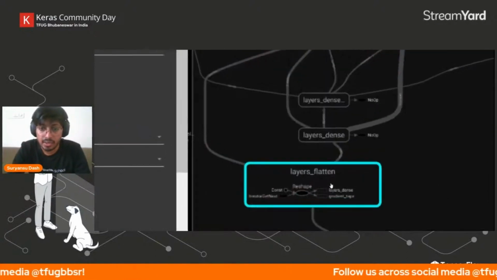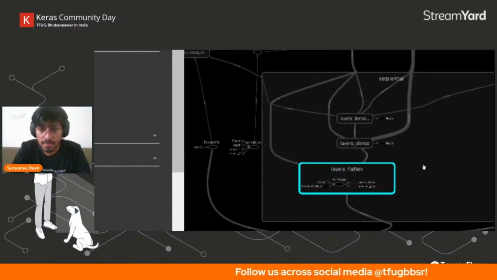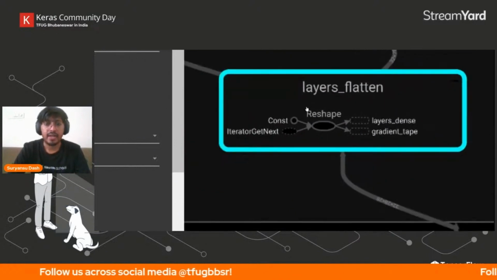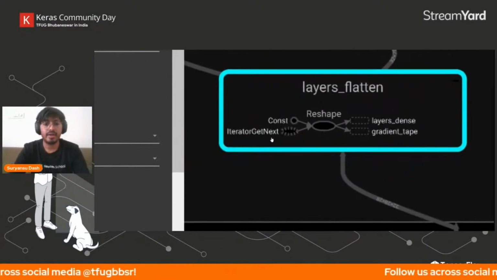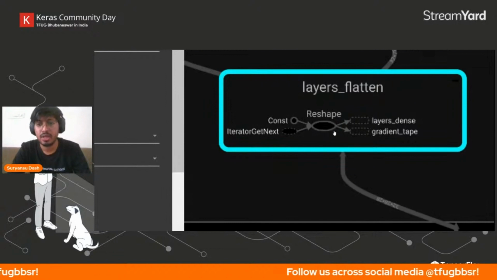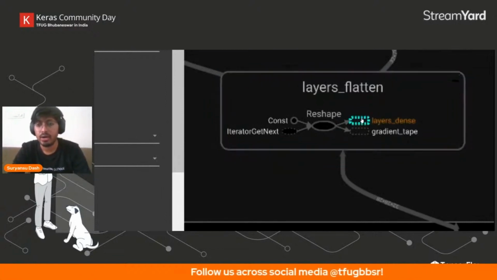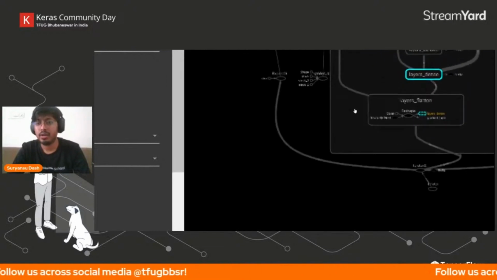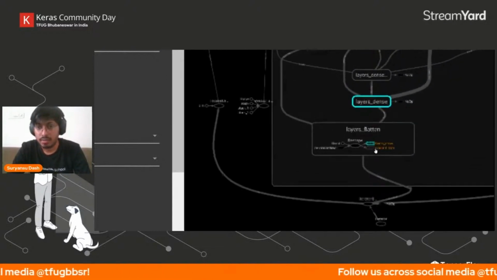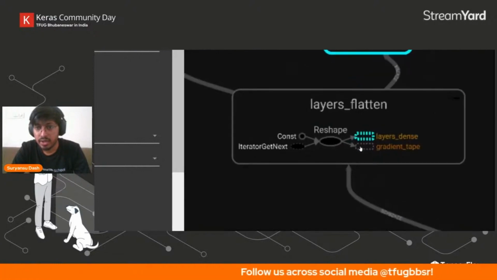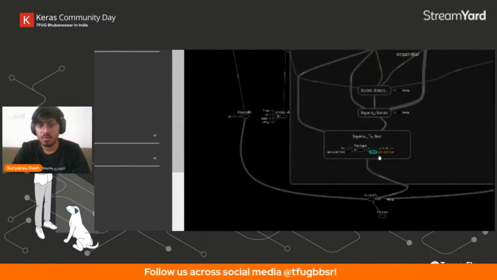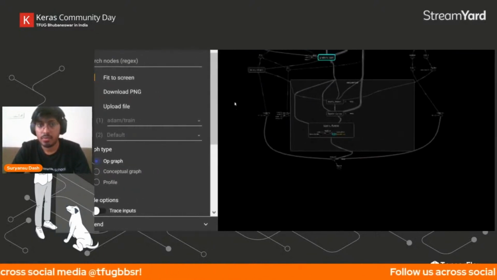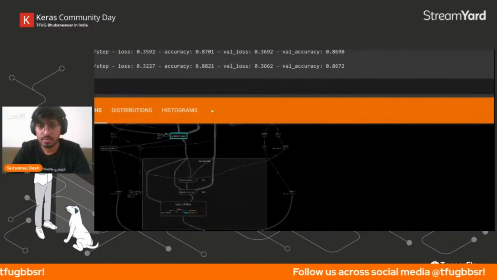So if you double click it, you can see the flatten has multiple things. It's getting a constant and an iterator, passing it through each shape and dividing into length. Layered or dense: if you click on it, you can see this is the path which layered or dense took. And again, if we click on gradient tape, okay, I guess in the dark mode it's not visible much. Let me just make it into light mode.